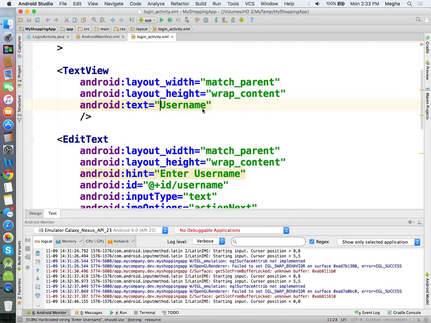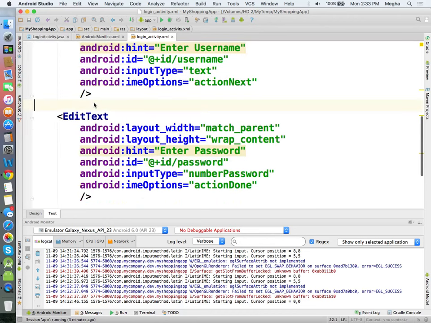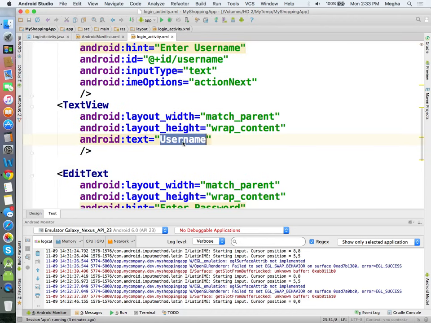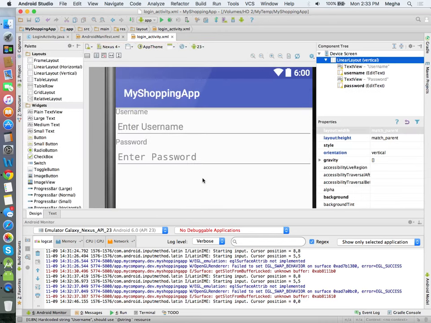Enter is already there. So this will be much better.